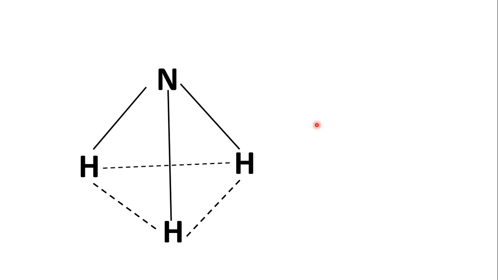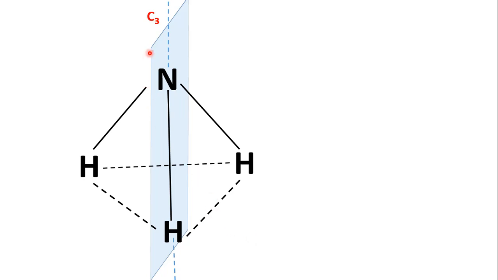What we see now is the structure of ammonia, NH3, trigonal pyramidal in shape, and there is a plane of symmetry passing through the NH bond. The NH bond is contained in the plane of symmetry. In other words, the plane of symmetry contains the NH bond, and the principal axis in the case of ammonia passes through the apex, that is, passes through the nitrogen atom like this. C3 is the principal axis.